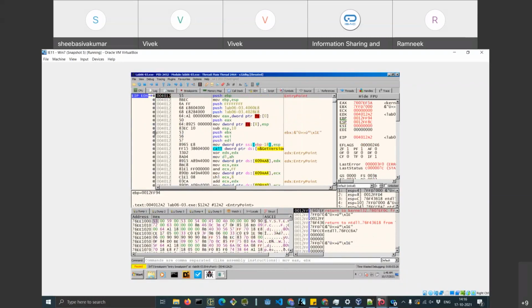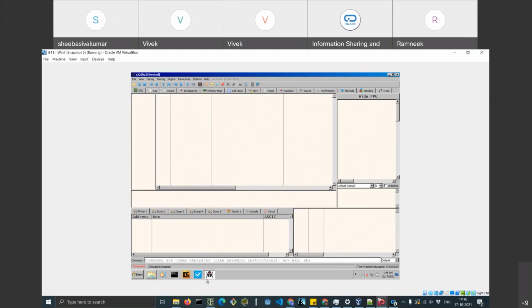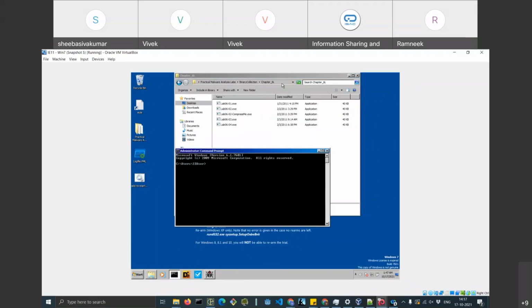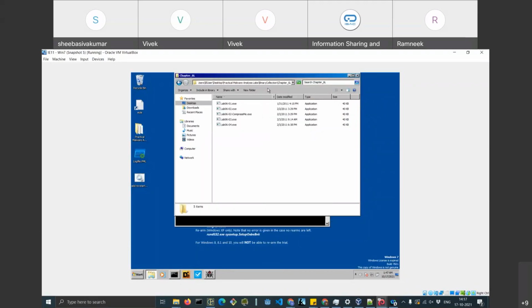This is an actual malware that we are running. Let me just try to run this. You can see it is showing running, and it is stopped. The same behavior you'll also see when you try to run the program in a Windows CMD. So you can also try to run it in CMD.